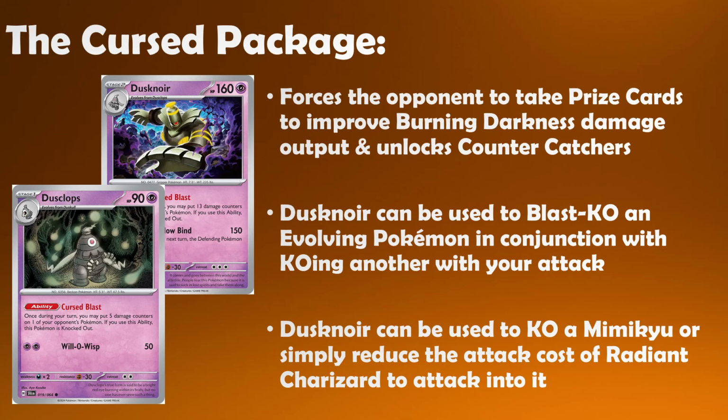The main benefit of this evolution line coming into the list is that Cursed Blast forces the opponent to take a prize card, because these Pokemon knock themselves out whilst placing counters on one of your opponent's Pokemon. That means that the low damage output of 180 from Burning Darkness can immediately ramp up to 210 damage,